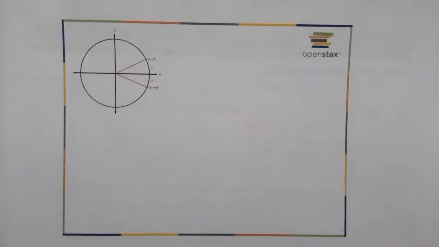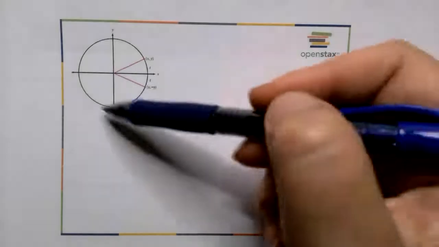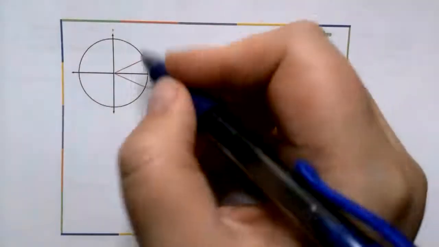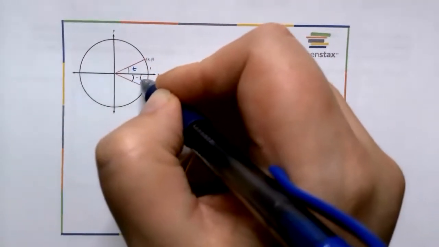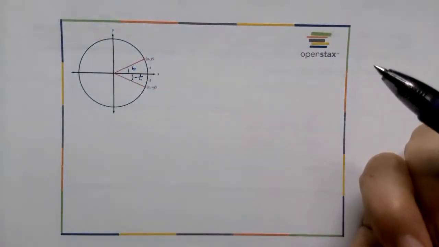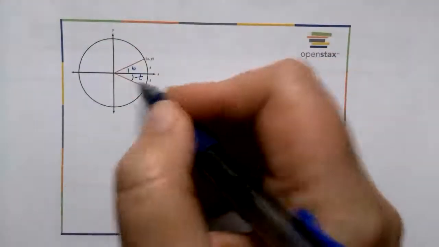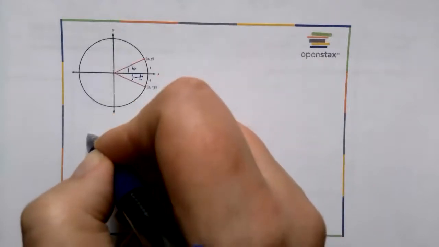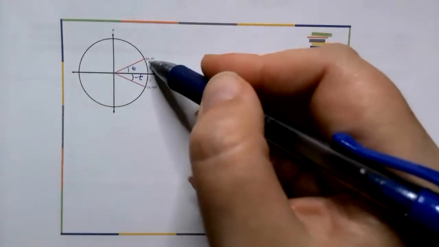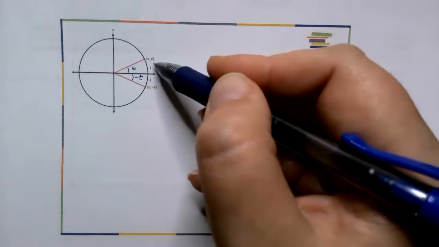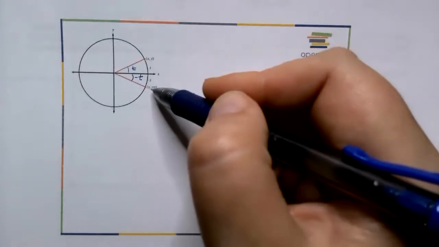Well, let's explore it a little bit. So here we have our unit circle, and we have a positive t angle and a negative t angle. And let's compare the inputs and the outputs. So we know the coordinates of this point are x and y, and this is x